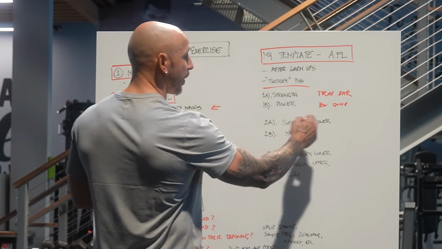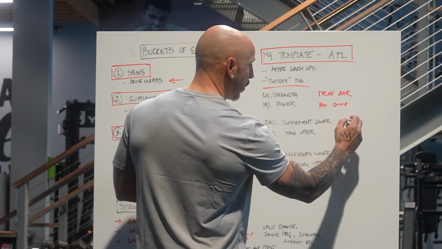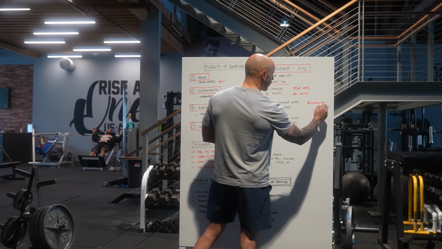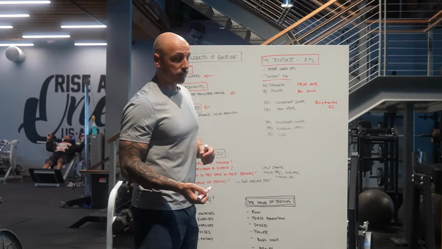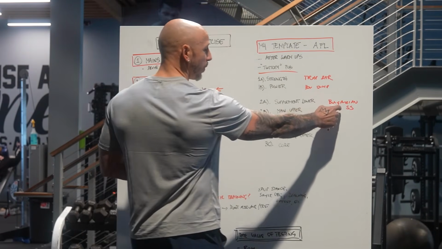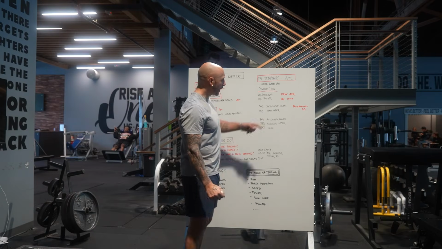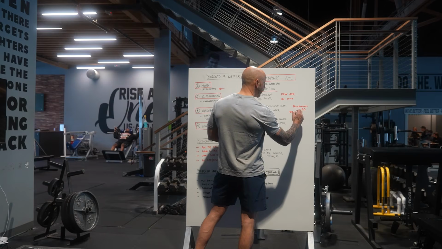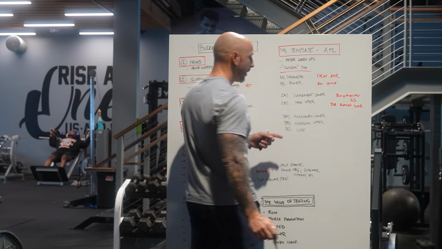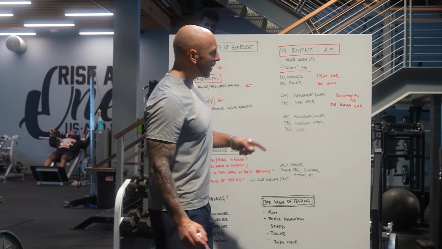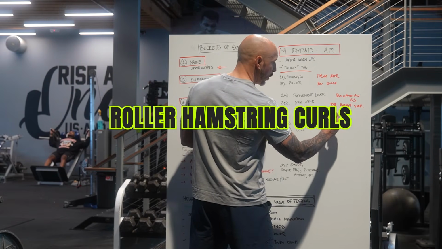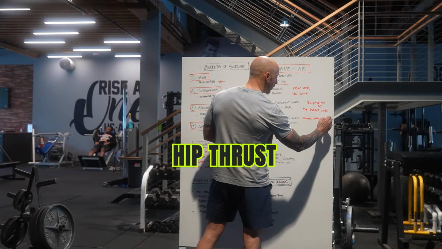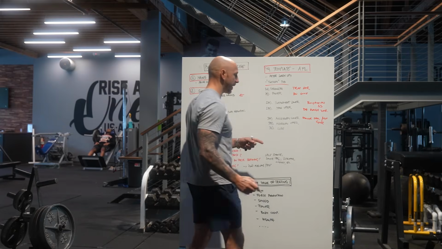Then we're going to go a supplement lower. Okay, so we had a trap bar. So we're going to go a Bulgarian here, right? Bulgarian split squat, some type of variation, right? And then we're going to do a main upper. So if we're grabbing dumbbells here, we probably want to do a push, right? So there's going to be some type of dumbbell bench variation. Cool. Then we're going to do an accessory lower. All right, what do we need? We need some hamstring. So we might do a roller hamstring curls here. We could do some type of hip thrust, glute ham raise, just giving some examples, right?